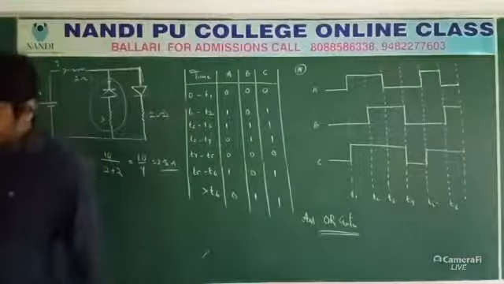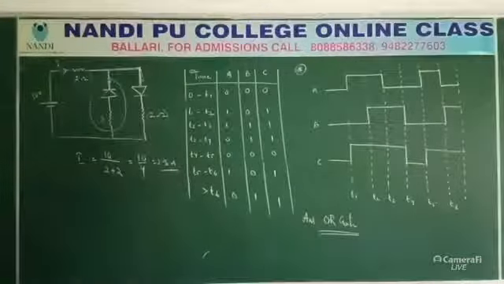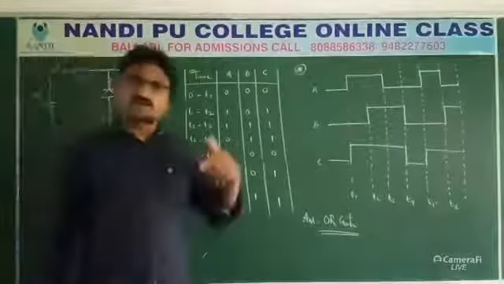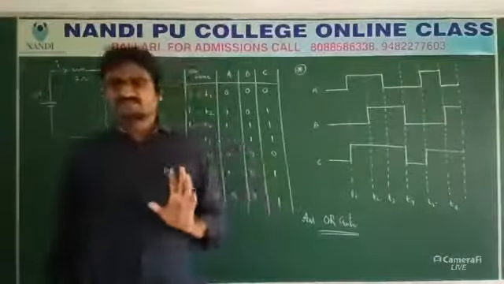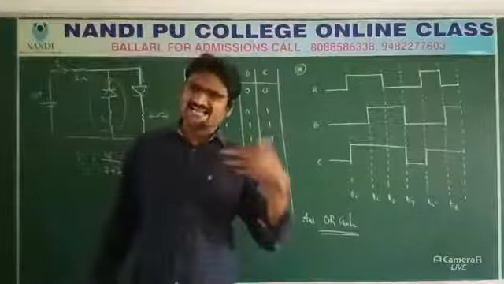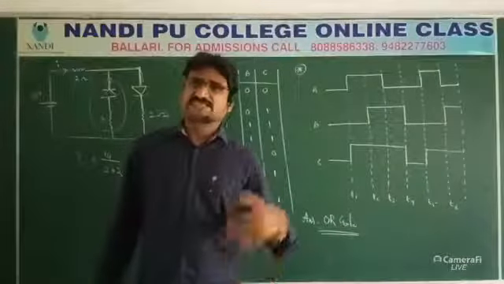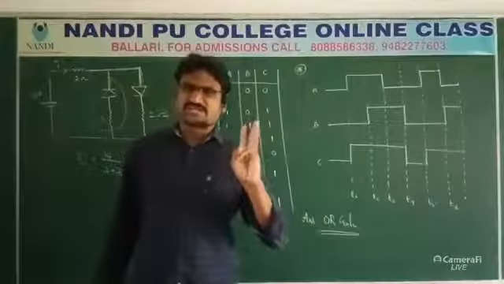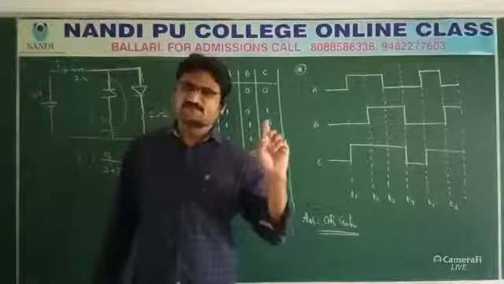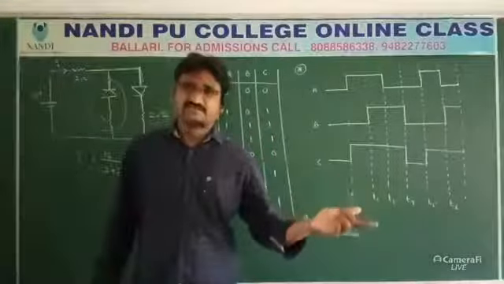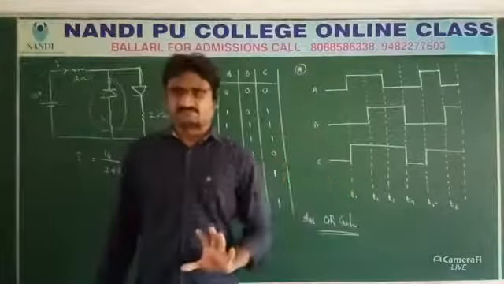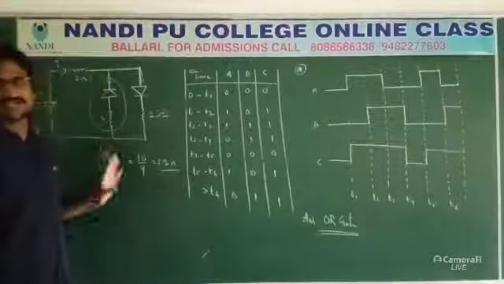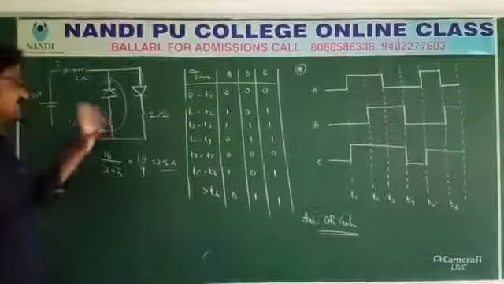In such a way, we have to simplify circuit-related questions. The only logic is ideal diodes, forward bias and reverse bias. The rest of the simplification is as usual, what we have followed in current electricity. There are only three standard question types in electronics: circuit simplification, logic gate simplification, and theoretical questions. So one model is completed. I hope you could understand how to solve circuits in electronics related to diodes.